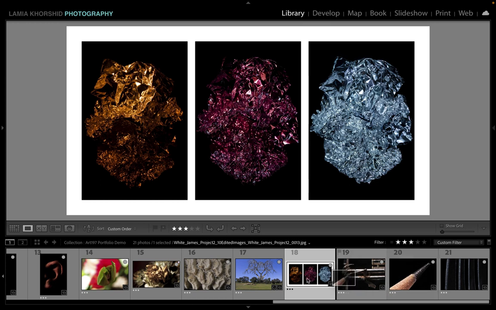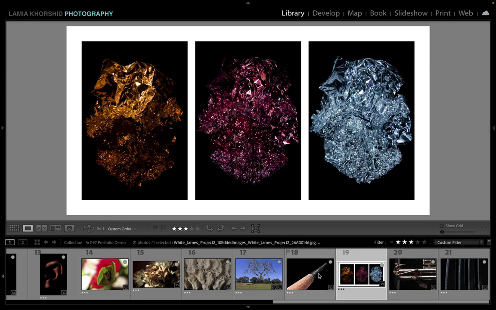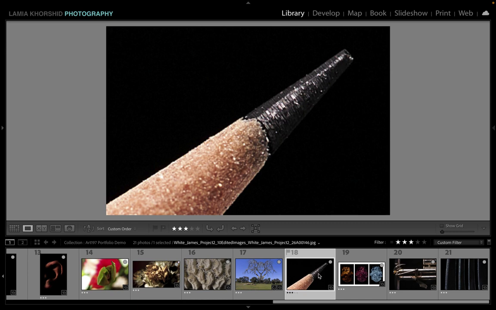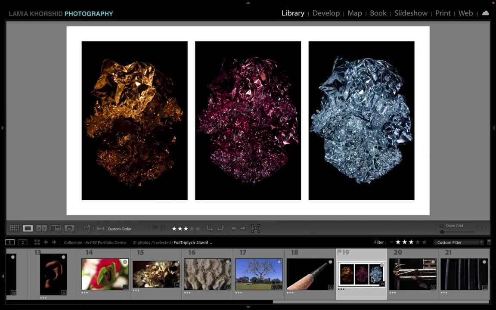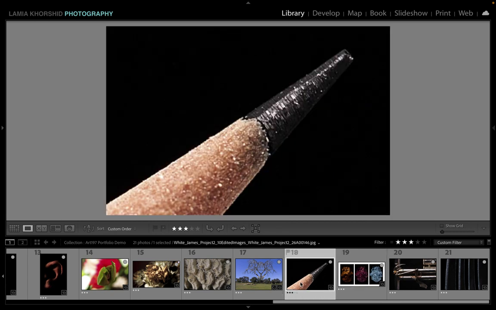First of all, I like this one next to this one because this is a graphite pencil sharpened, and you see how shiny it looks. And this is aluminum foil photographed with different gels made into a triptych, and they're also very shiny. So I like these two next to each other. They're also abstract, but they're also